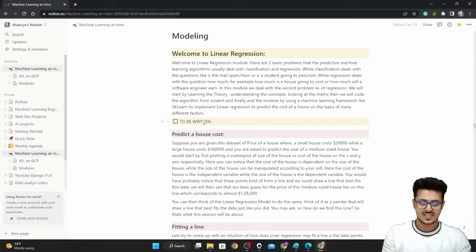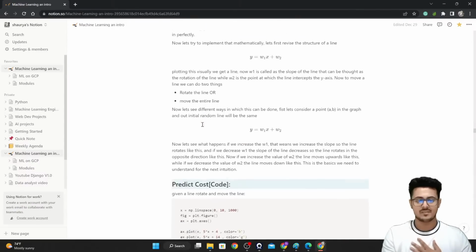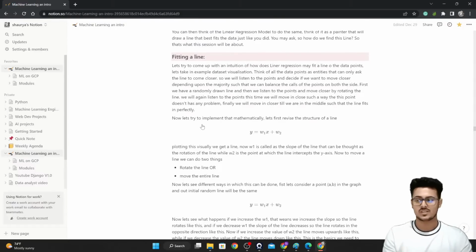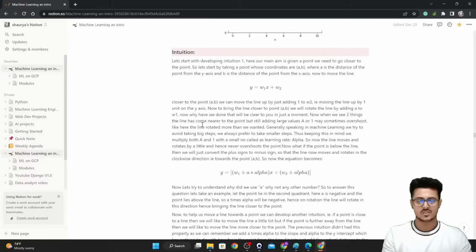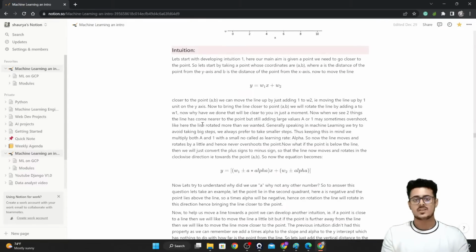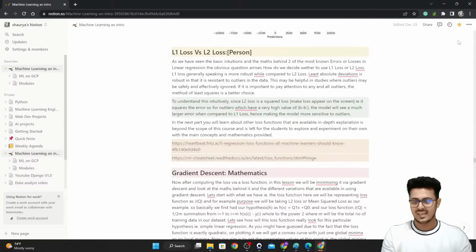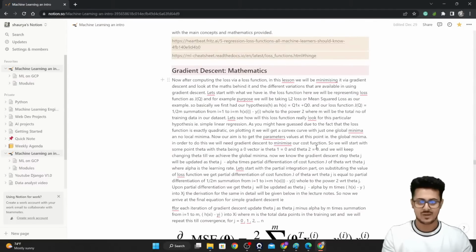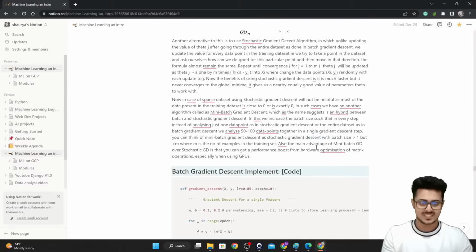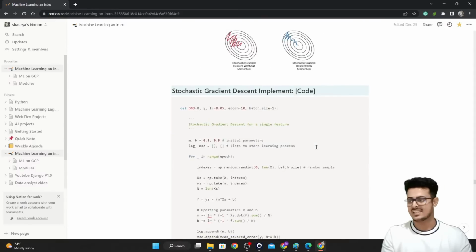It's still pending work. I am trying to write it in a very simple manner so that everybody is able to understand it no matter what background they are from. So it will take me some time. I'm trying to make sure that mathematics is included right over here, and that code is also included. You get the intuition of the algorithm, you understand the mathematics behind it, and you are able to implement the algorithm on a trial data set as well as on a production data set. All these things will take me some time to complete. As you're able to see, there are a lot of spelling mistakes and grammatical mistakes. I'm not very good with writing, but let's hope for the best.